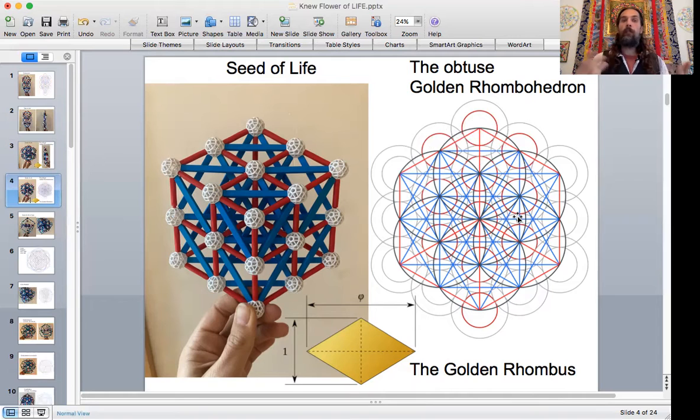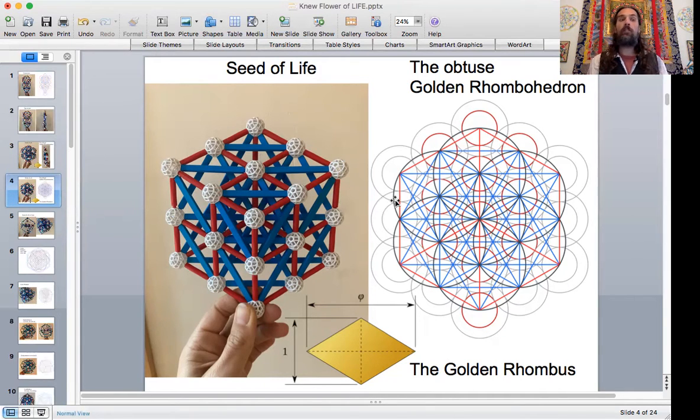Is it a fruit of life? I was trying to figure out how to work that language in, because there's the flower of life, fruit of life, seed of life, egg of life, and I have some other drawings like that. I didn't include them, but I just wanted to show that this pattern with the blue lines that you see here is essentially this same thing right here. Now, you must be wondering, like, okay, well, I always thought that was a cube, or